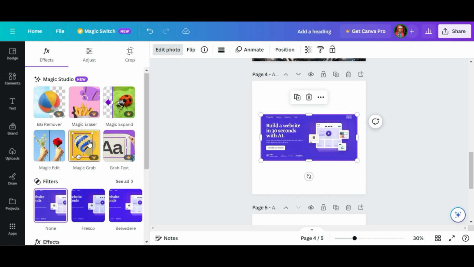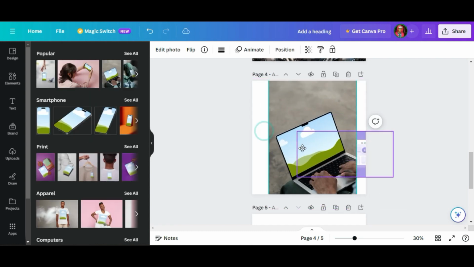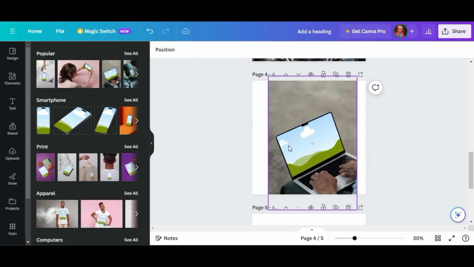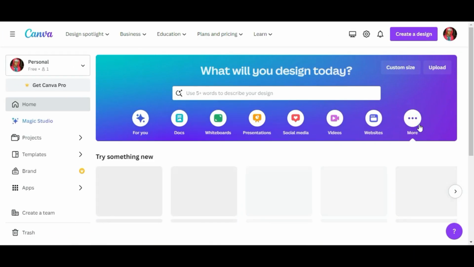Then we also have mockups. Mockups display designs in real-world templates by simply dragging the image into your selected mockup template for your clients to visualize your designs. Going back to the homepage, we see that beyond AI, Canva still shines with its wide array